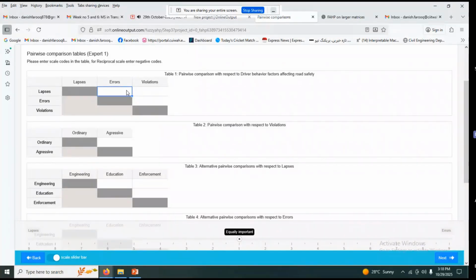So if we say that lapses have more importance, three times, it means that it has moderate importance than the other. So for lapses, if we select three, then it means it has moderate importance, more importance than the errors. If we compare lapses with violations, if we say that both criteria are important, then we can give value 1. Or if we say that violations have more importance than lapses, because violations are done more by the drivers,